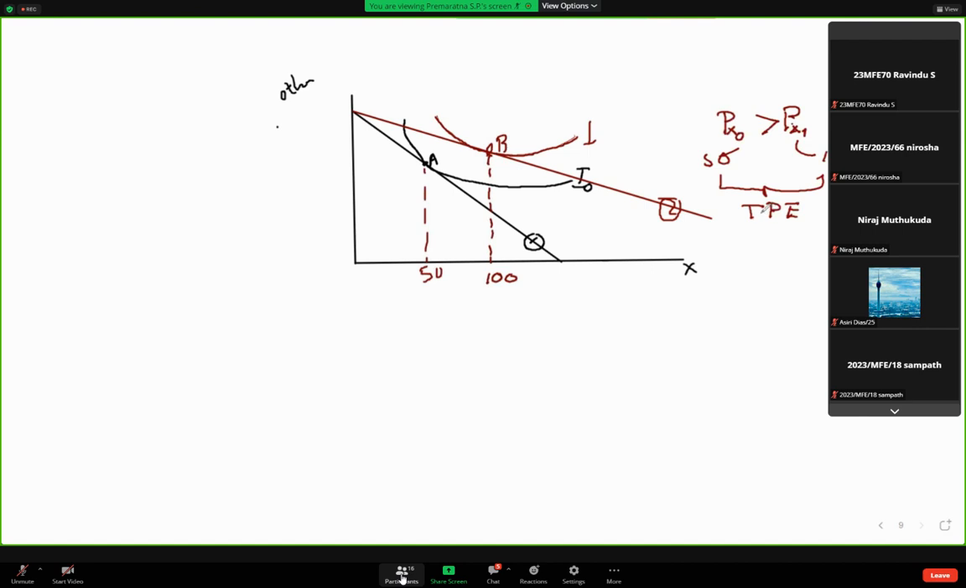Total price effect. Now the total price effect has 2 components, substitution effect and the income effect. Now I try to single out, decompose these two effects, and if you capture, like we already did, only the total effect without decomposition,